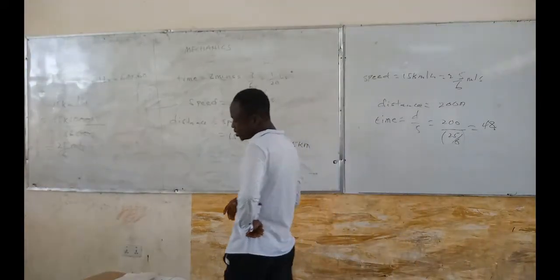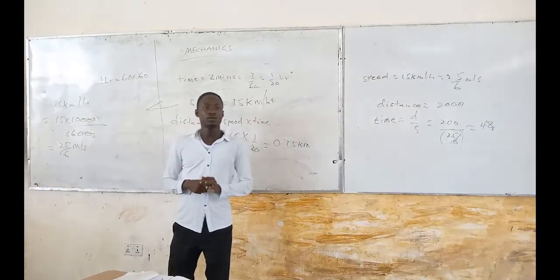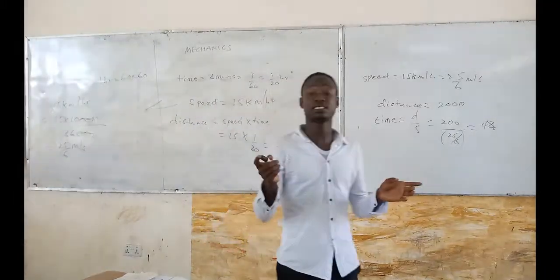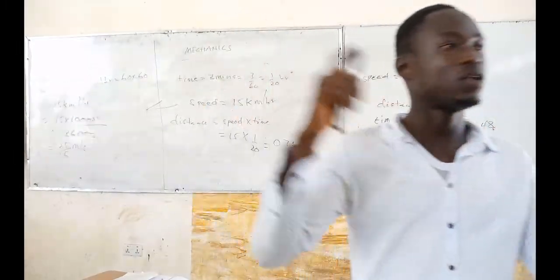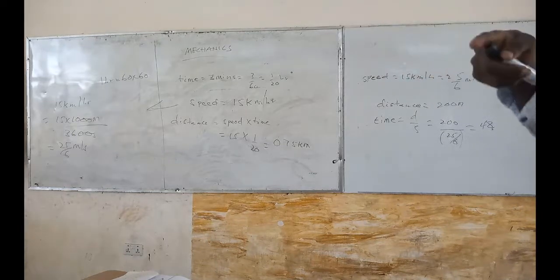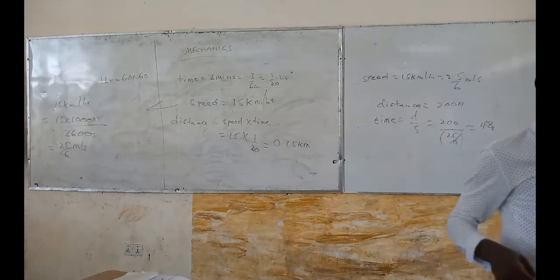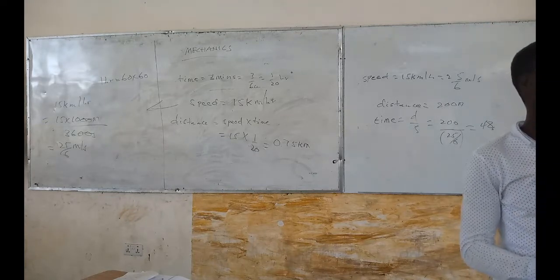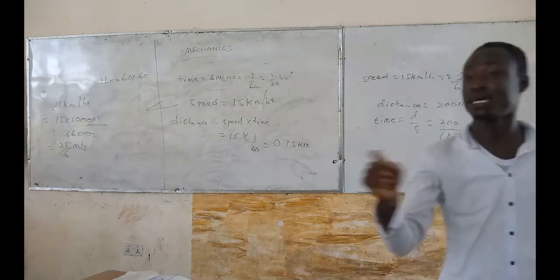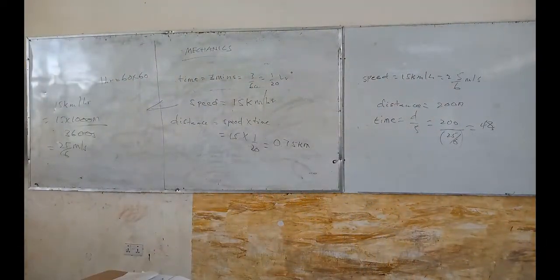Okay. Now let's talk about uniform velocity. Uniform velocity is the same as constant velocity. You have to understand what it means when we say uniform velocity. What is happening to acceleration when you have a uniform velocity? Acceleration is zero. These are the keys, because to solve some of the problems you have to understand all these principles. The question specifies uniform velocity.